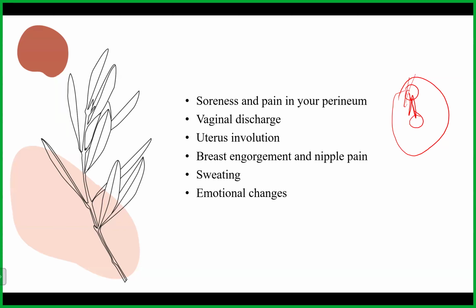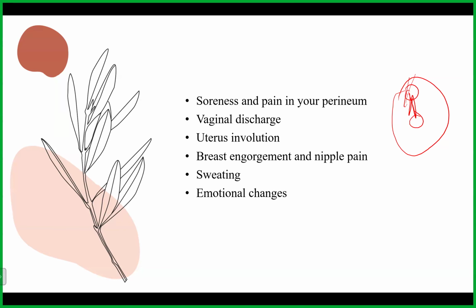Fine. Next is the vaginal discharge. As I told you, vaginal discharge is lochia. It's the name for vaginal bleeding. It will be there even after a C-section. Just because they did a C-section doesn't mean that the discharge will not come. It will start with red, then become brown, then light brown, and then become whitish. The entire process can take up to 6 weeks. So they will always have a pad or tampons, and they will use it.